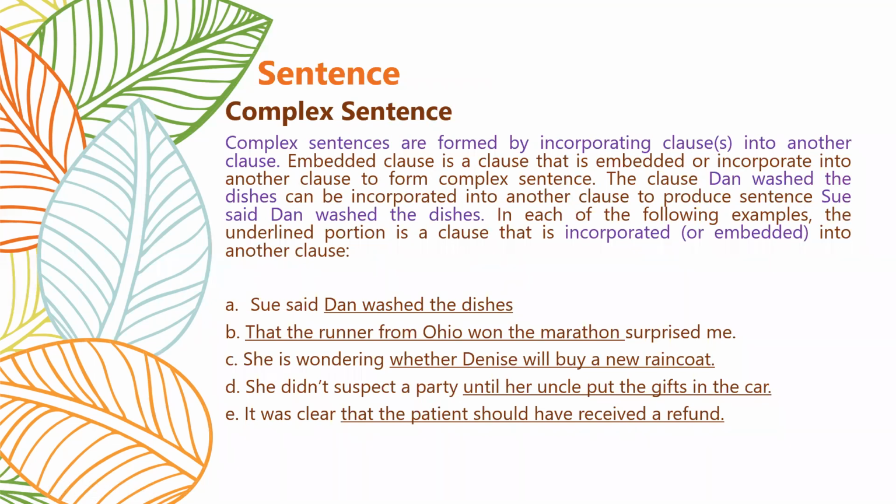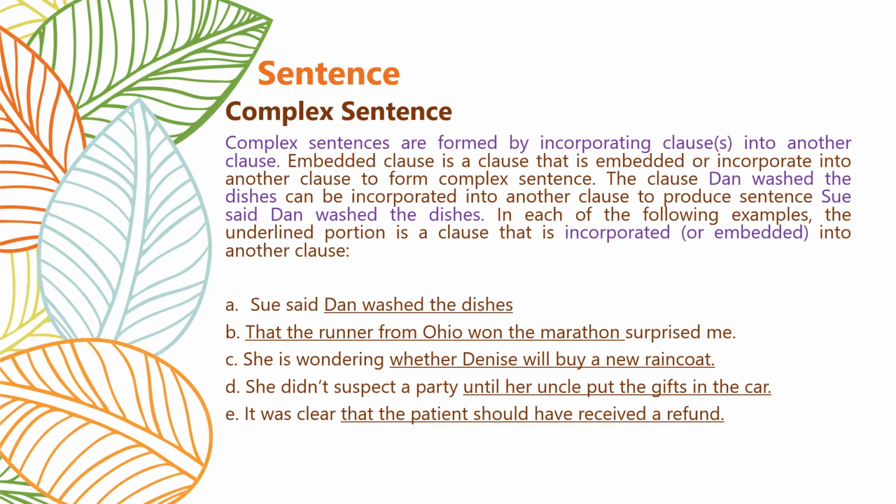So here, complex sentences are formed by incorporating clauses into another clause. You can see that in the compound sentence also we have two different clauses, but they're connected. It is not incorporating. With equal status, they are connected with each other. But in a complex sentence, one clause will be more equal than the other. One can be used as an independent sentence, but the other, which has been incorporated with the independent clause, cannot be used as an independent sentence. So this is the basic difference between the compound and the complex.